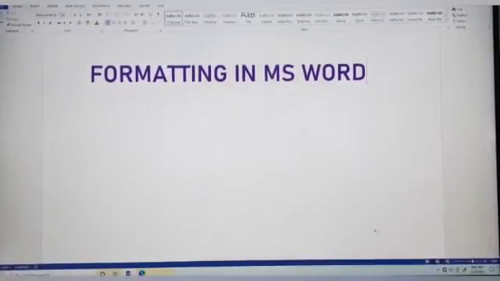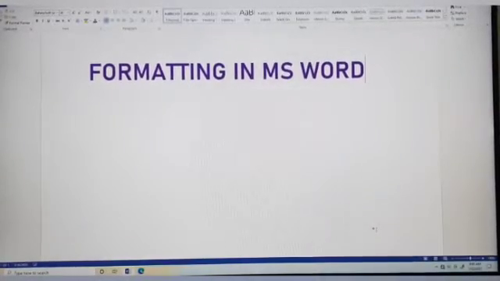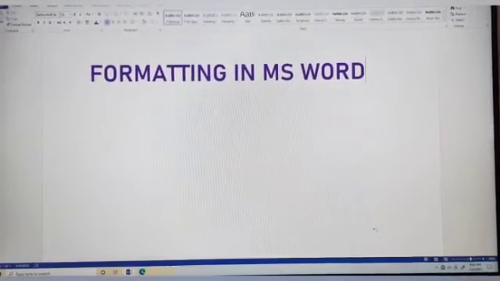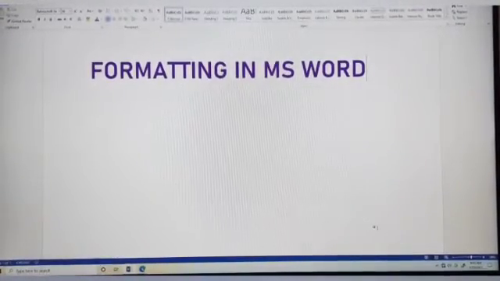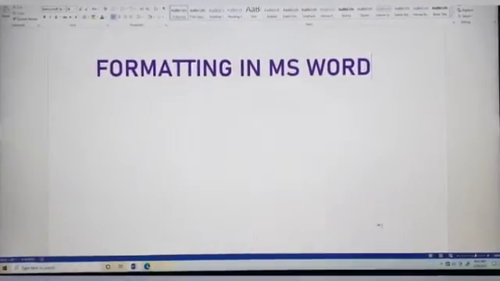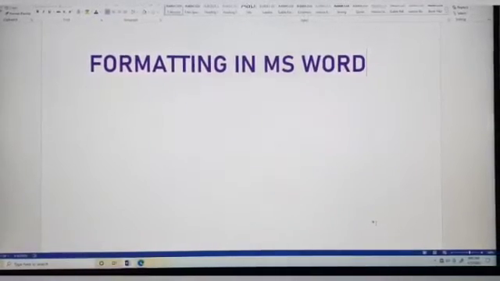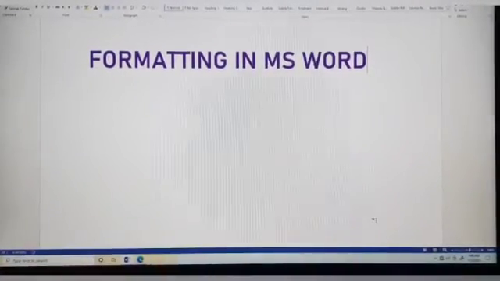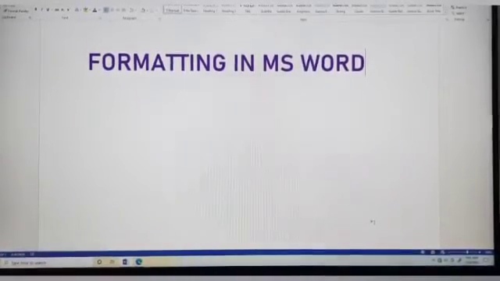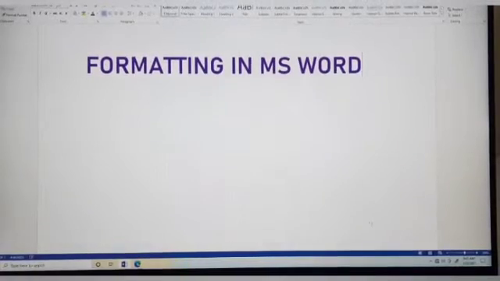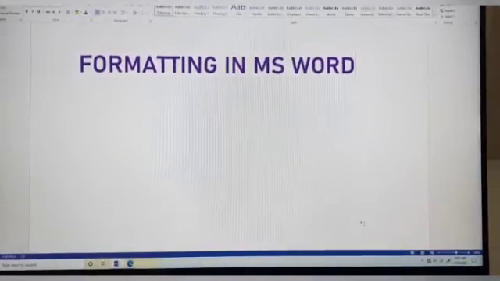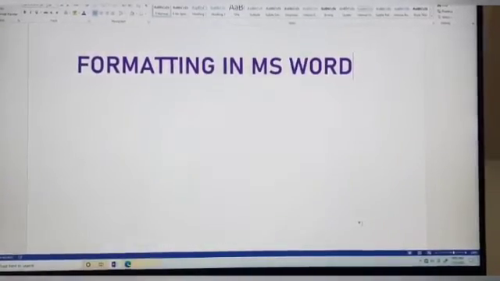Next, what is the meaning of font? A font is a set of letters, numbers or symbols of a given size and design that may be displayed or printed. Next, settings that are standard or predefined in a software package are called default settings. The formatting helps to make changes to the default settings.